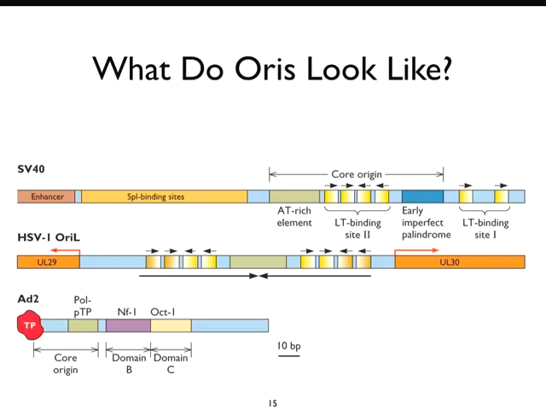Herpes simplex virus has an origin that's a little bit more complicated. It's a very, very large palindromic sequence, and it is very AT-rich. And it's AT-rich in the context of the virus. The virus is about 68% G plus C, and this region here is 40%. So that's very AT-rich, and that's recognized by its origin binding protein. And much like SV40, the origin is placed between two transcriptional units,